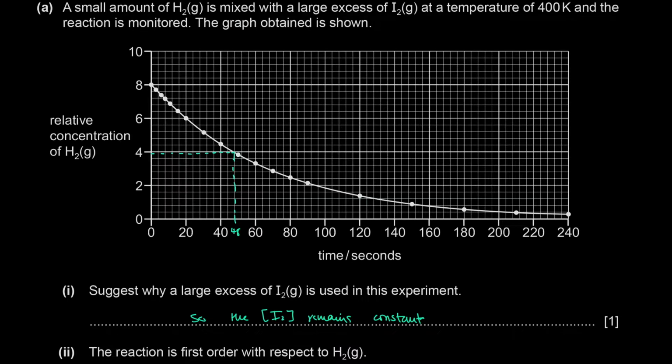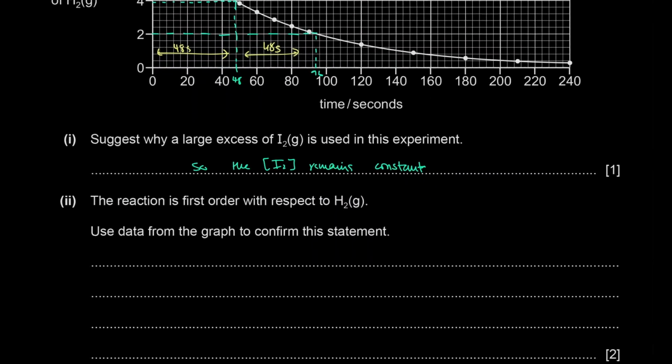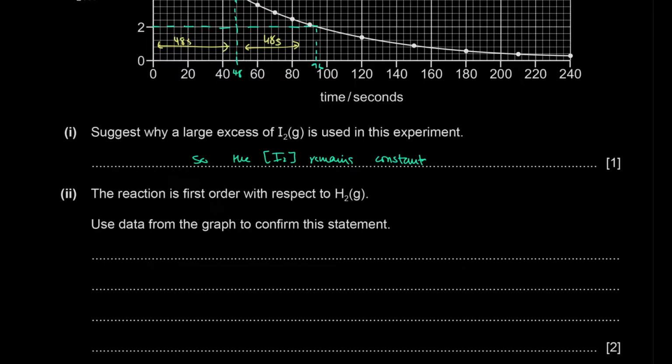And then if you look at the amount of time it took to go from 4 to 2, that comes out to roughly 96 seconds. So the half-life over here remains constant. It's just 48 seconds. Every 48 seconds, the concentration of hydrogen is becoming half, right? So we can say over here that it is first order with respect to hydrogen because it has a constant half-life of 48 seconds. Therefore, it is first order